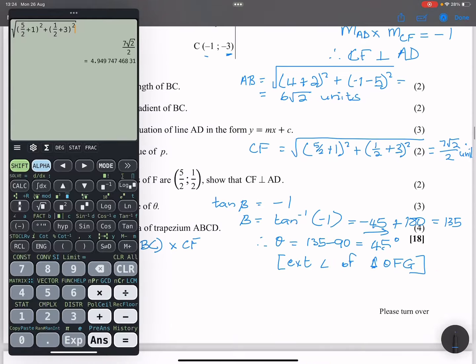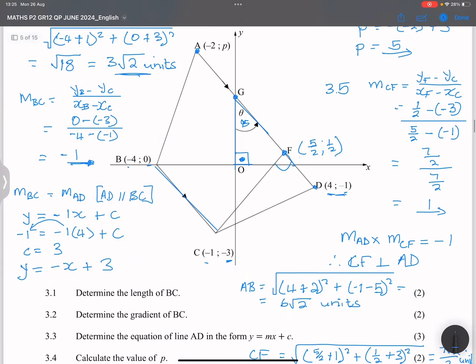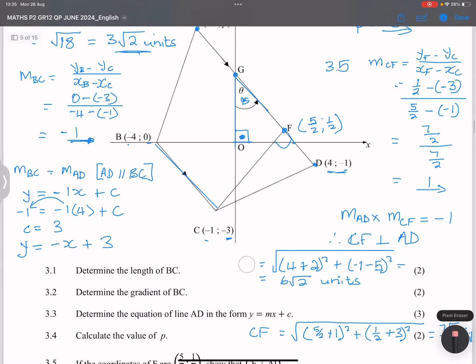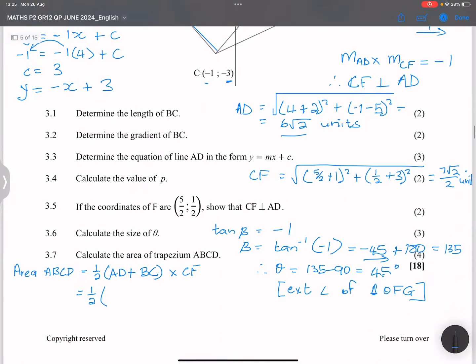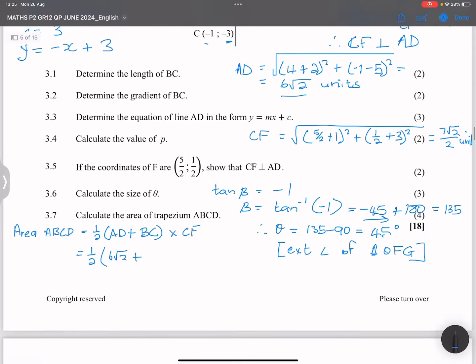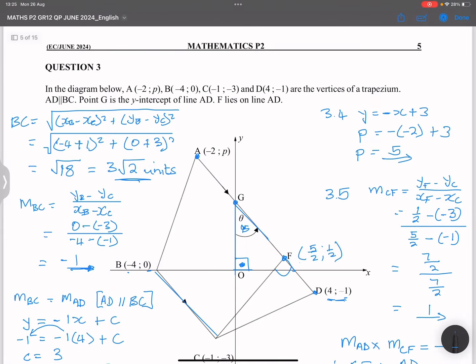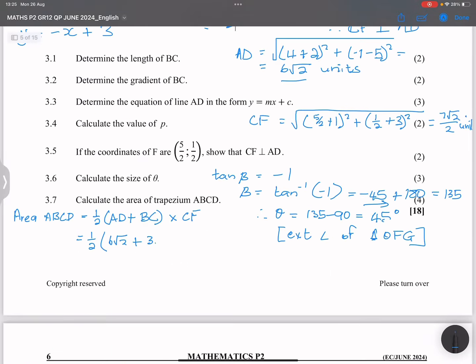Right, now let's find out what the area of this trapezium is. So that would be half of AD. Okay, actually this was supposed to be AD, not AB. Right, so that's 6 root 2 units plus BC. We already had found the value of BC. That's 3 root 2 units multiplied by, we said that's 7/2